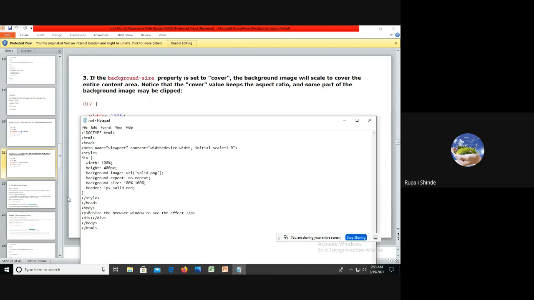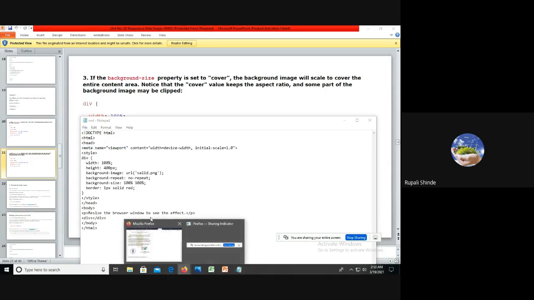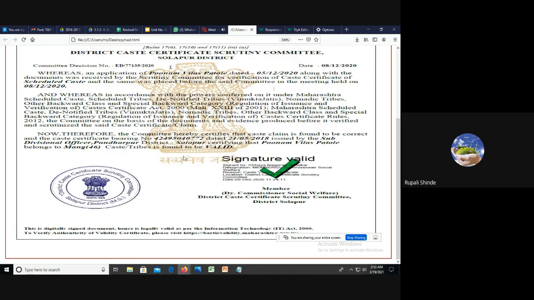Here div is one block. With the help of the background size property, we occupy the block. It is going to stretch that particular image and it is fitted on that particular block if we specify the background size as 100%, 100%. If background size is content, that means whatever the original image is, it is going to display on the block. It will not bother about the size of the block. Whatever the image is, it is fixed on that particular block only.